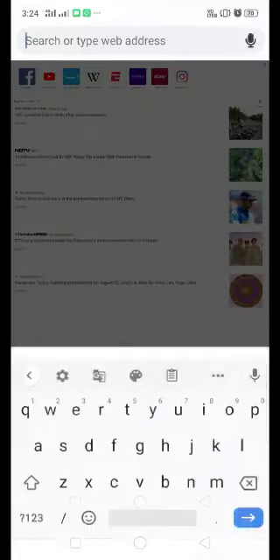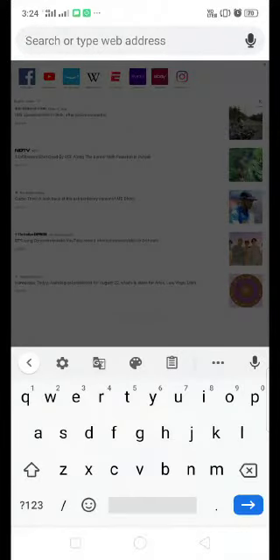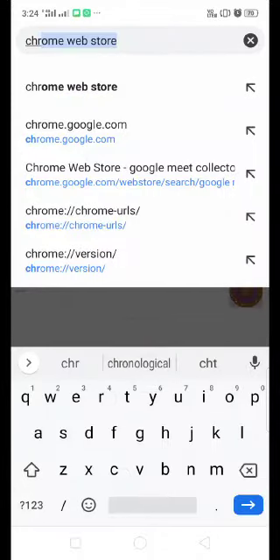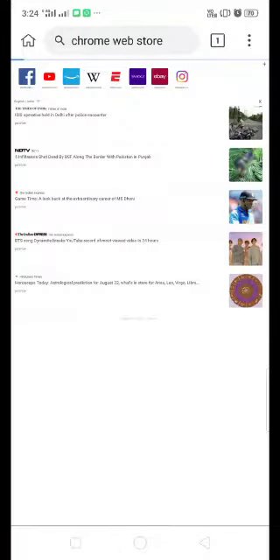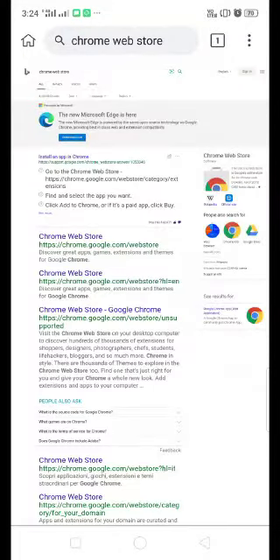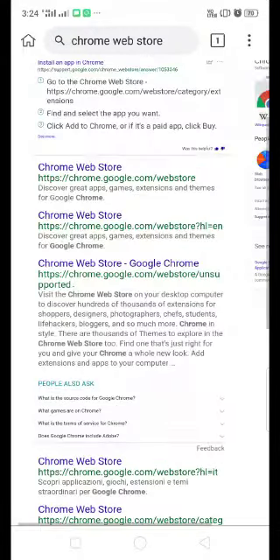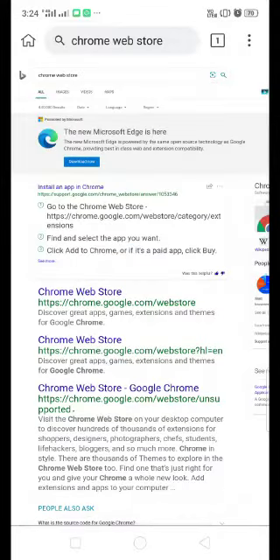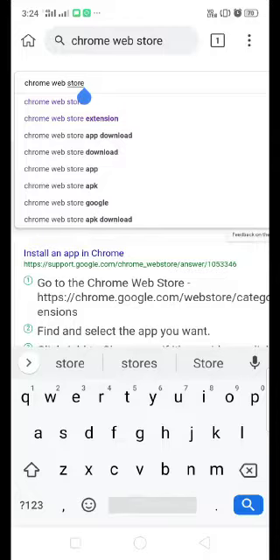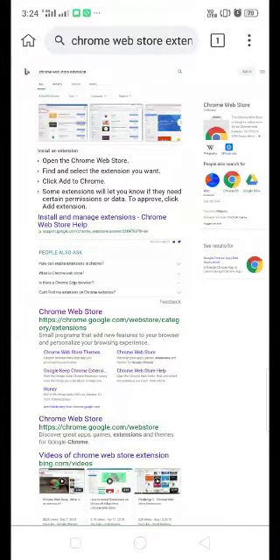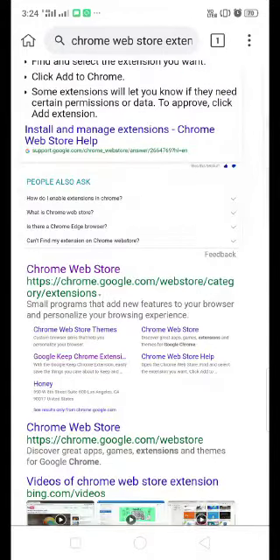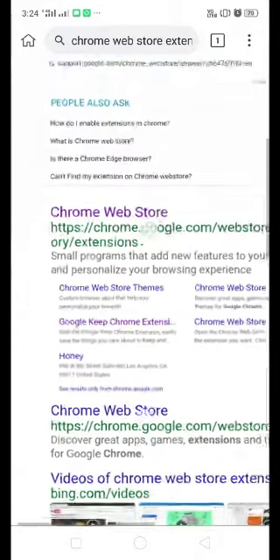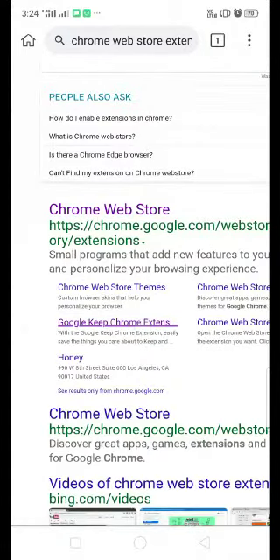In the search box, type Chrome Web Store. Type Chrome Web Store extensions. Here you will find the Chrome extension option.